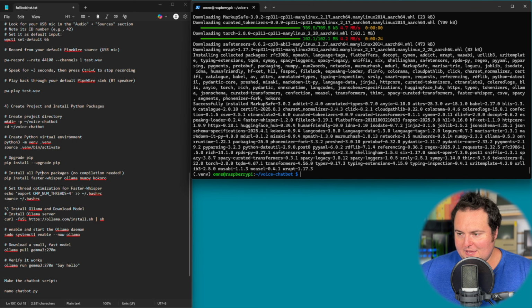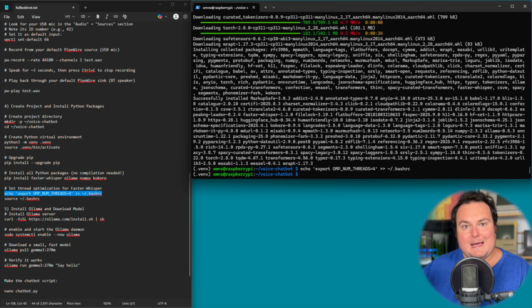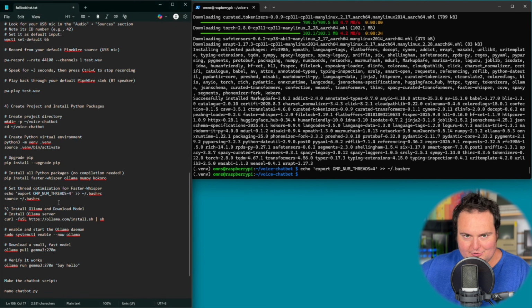So once all of these Python packages have been hopefully successfully installed, the next step right here is something that I'm truthfully not 100% certain how necessary it is, but think of this as putting your car into sport mode so it will perform a little snappier. Basically what's going on right here is it's allowing the speech transcription, so the Faster Whisper right here, to utilize a specific number and more of the Raspberry Pi's processing power. So first we do this right here, and then following that we're going to type this source